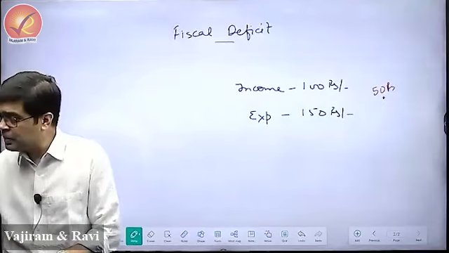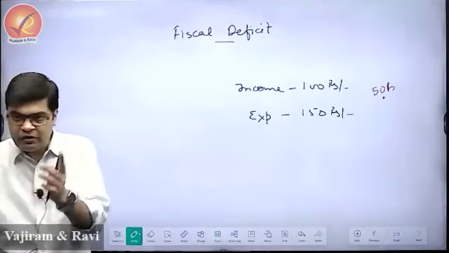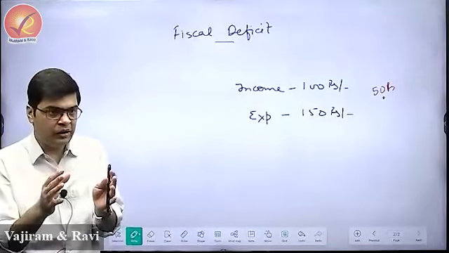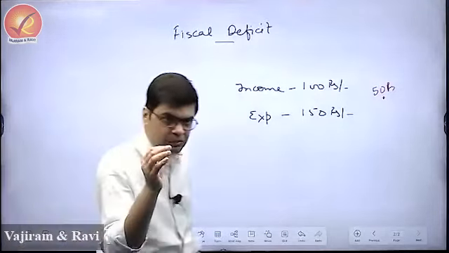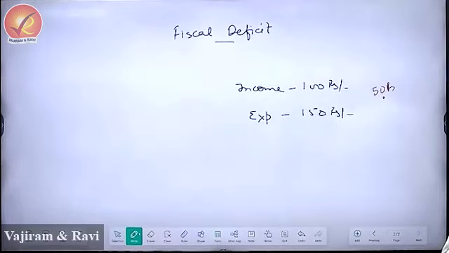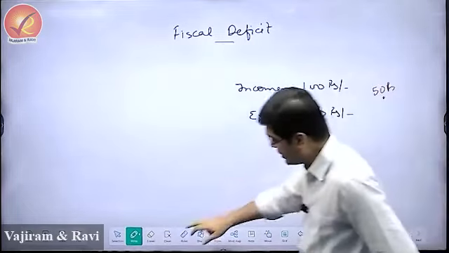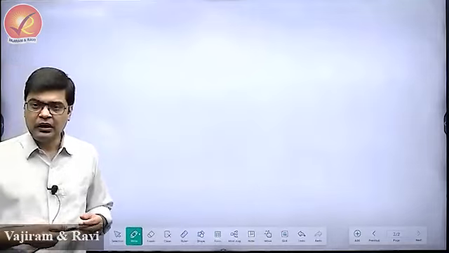The government spends a very large amount on subsidies. And because of the very high subsidies that we are offering, we have a very high expenditure. And when it comes to subsidies, maximum subsidies go to food and agriculture. Now, understand this food subsidy. How is this linked to agriculture? Because we know that